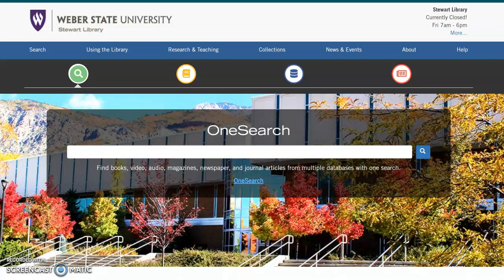Hello, today I am going to show you how to search for the article, "The Real University Cost of Free Higher Education in a Country," by the two Georges, whose last names I cannot say very well. So here you can see we are at the Weber Library online, library.weber.edu, and here in this search bar